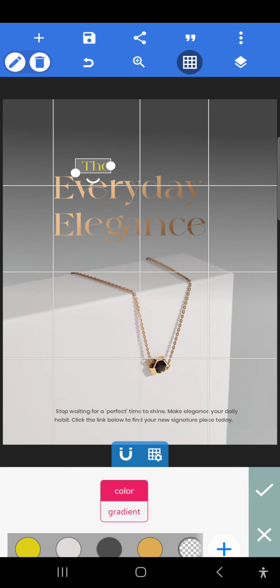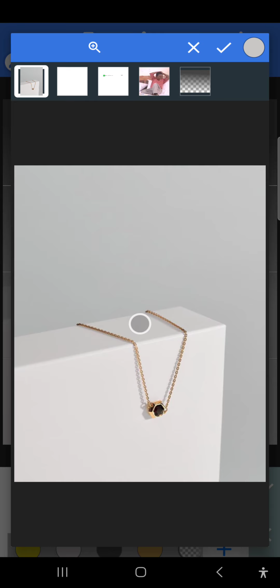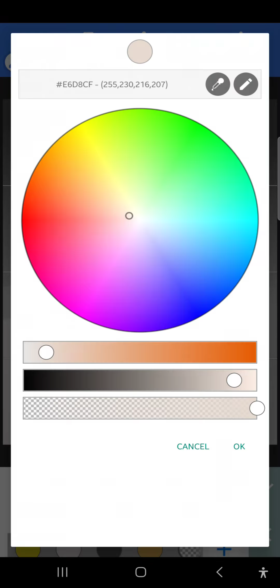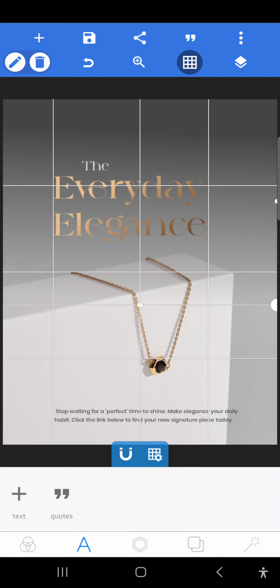So I'm just going to pick a color for that guy. Also still come to the jewelry, look for a brighter part in the design, and I'm going to pick a color from there. So this is better, guys. This is better. So now you have the everyday elegance, you have your jewelry, and then you have your beautiful